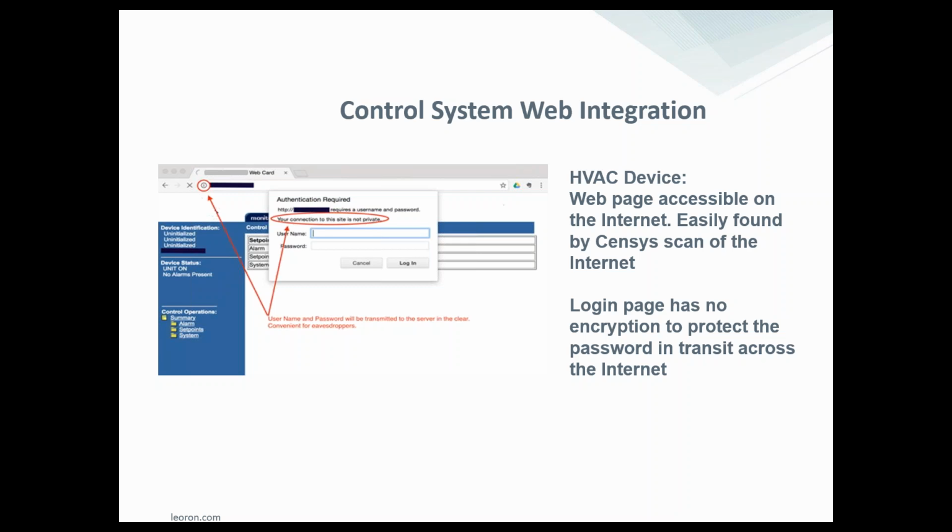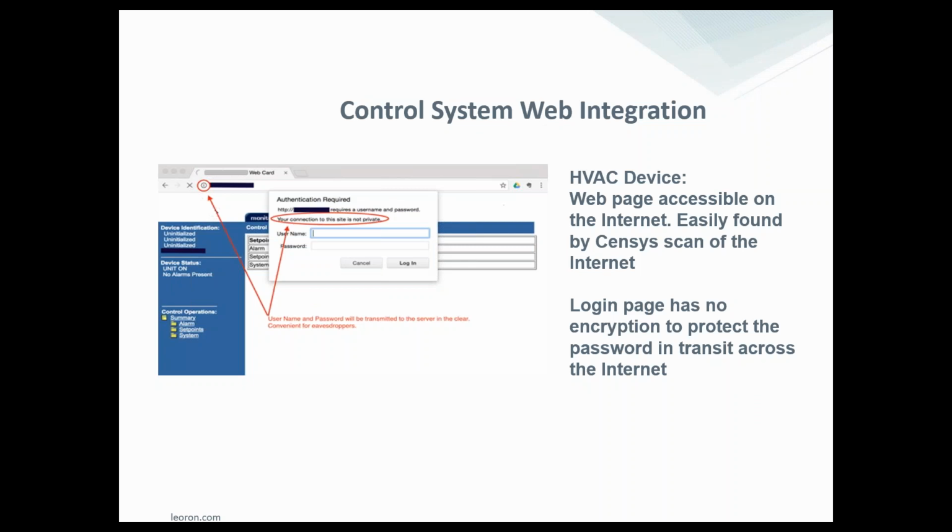But in this case, the password was defaulted and the original firmware was still installed. So if we think about all of the different updates that we need to do to firmware as hackers get better and better at hacking things, we need to make sure that we're keeping up to date. We know that we keep our Windows systems up to date, we keep our iPhones and Androids up to date. All of these devices need to be kept up to date because the ability for a hacker to access them changes over time. It's not really just a one and done thing. We want to make sure that we are manipulating our devices to make sure that they are updated and current and protected as best we can against current security protocols.